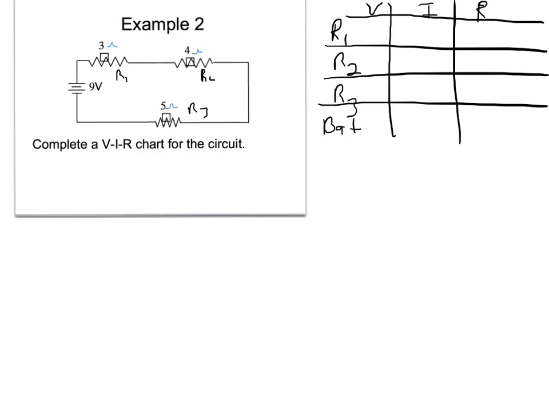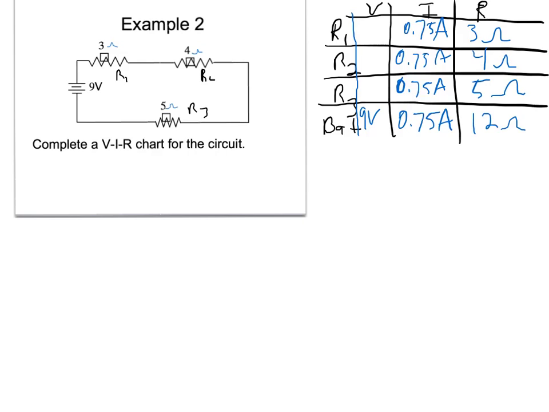The voltage on the battery is 9 volts. And my resistors are 3 ohms, 4 ohms, and 5 ohms. My equivalent resistance, since this is a series circuit, I just add those up, so 12 ohms. Meaning the current from the battery is 9 divided by 12, or 0.75 amps. And since this is a series circuit, remember from yesterday, current is the same everywhere in a series circuit, 0.75 amps, 0.75 amps,